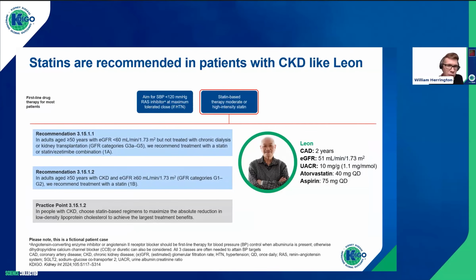And just as a reminder of the 2013 recommendations from KDIGO, when the SHARP trial reported that patients who've got CKD and who are adults over the age of 50 should all be treated with a statin or a statin ezetimibe combination if they're not on dialysis. And indeed, you should be considering it quite widely in people, even if they don't have CKD over the age of 50. And one of the key points we have made in this latest guideline is data since the 2013